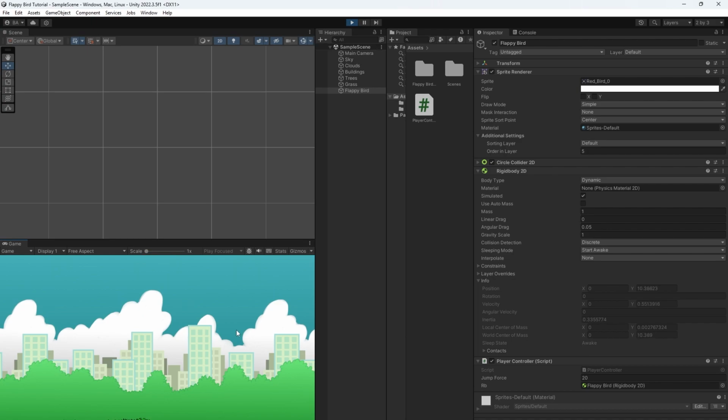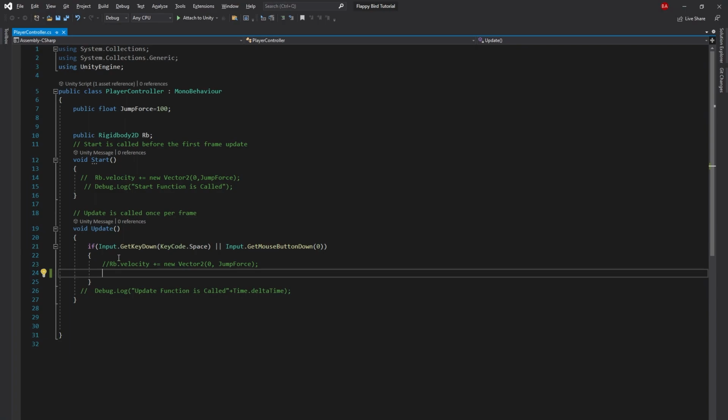Here you can see when I press the mouse button, it jumps. Okay, best. So now let me show you how you can do the same thing. You can add a jump with the help of force. You can type rb.AddForce,